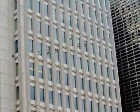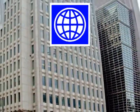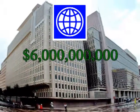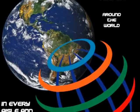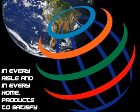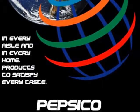The market is expected to grow even larger with recommendations from the World Bank for aid agencies to extend their budget from $300 million to $6 billion for malnutrition prevention. Many startup companies have been warned by Nutriset that any attempt to sell a similar product will be fiercely pursued in court. Nutriset claims that its vigilance over its patents is intended to keep large industrial companies like PepsiCo from entering the market. It is believed that this might cause therapeutic products to be ambassadors for the brand's other products,